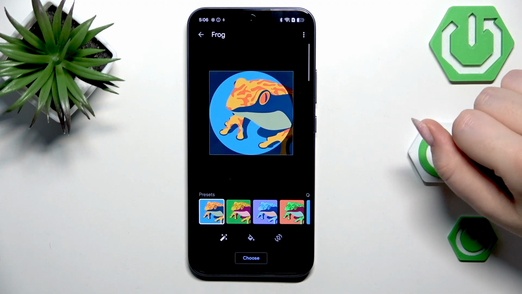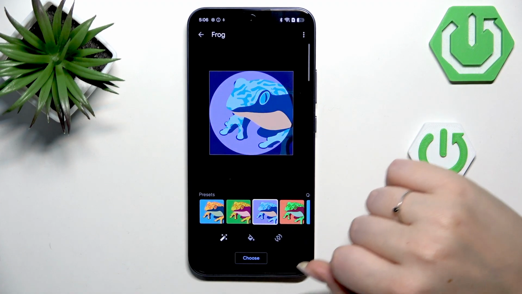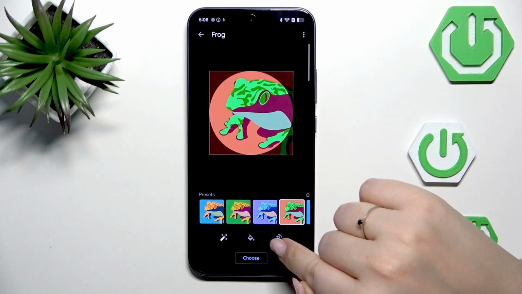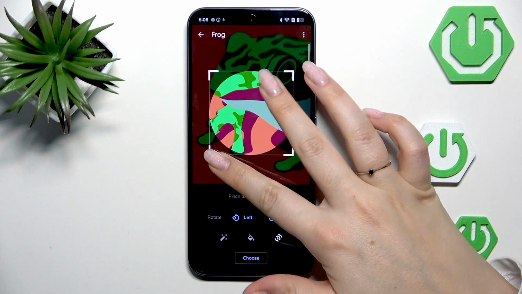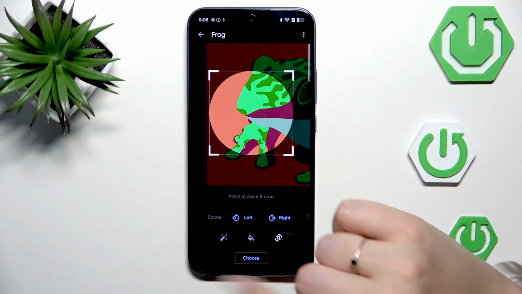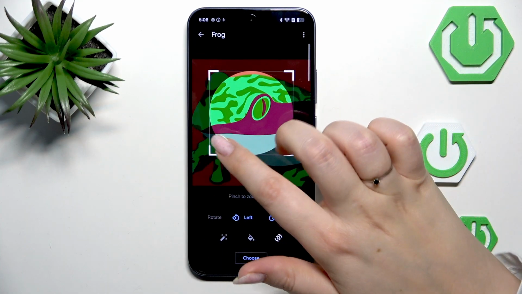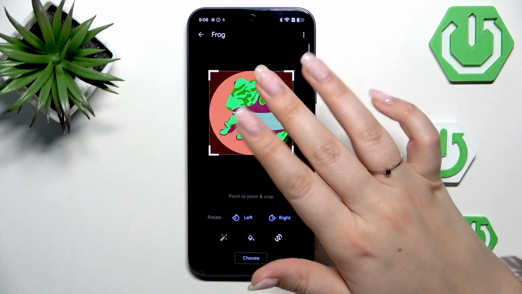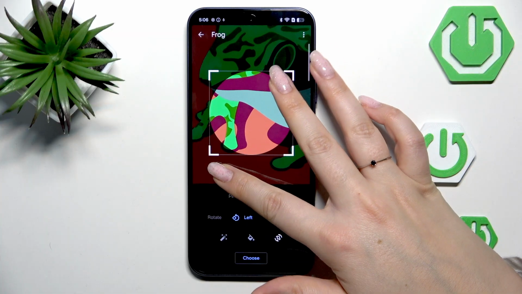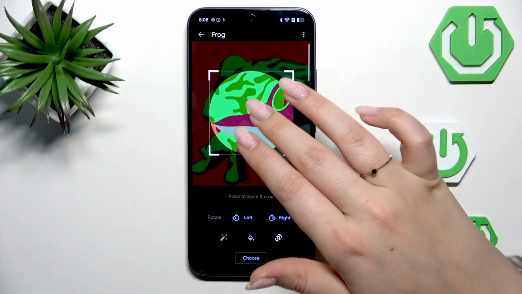Let's tap on the option, and as you can see here we've got the presets also, so we can change the color. Moreover, we can zoom in and out the photo. This is the same section for the illustration, also the photo taken with the camera. So basically you can zoom it in or out, you can change the position of it,